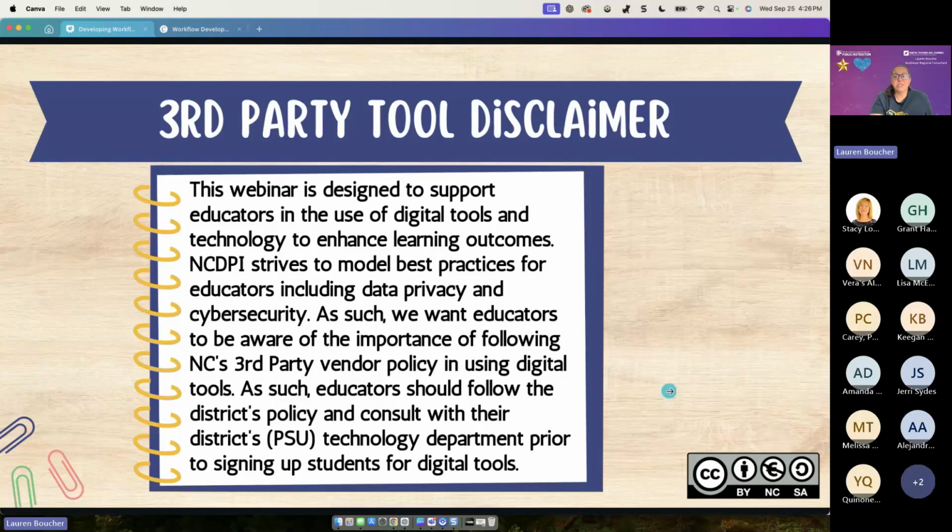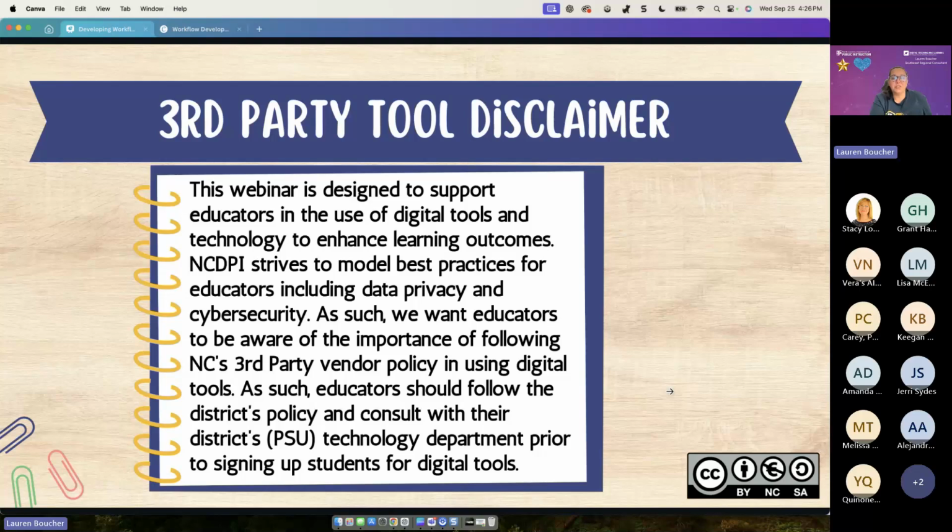Just wanted to throw out a disclaimer real quick. There were lots and lots of third-party tools mentioned in this presentation. Please double check and verify with your technology departments that it's okay to use these tools in your district, and be very careful whenever you're creating any student accounts.